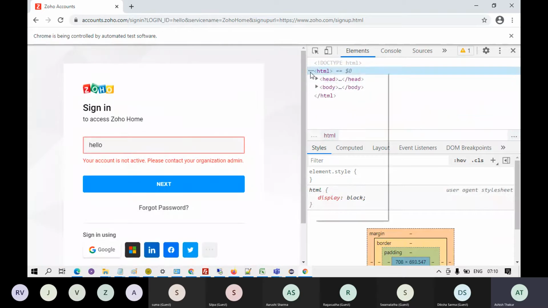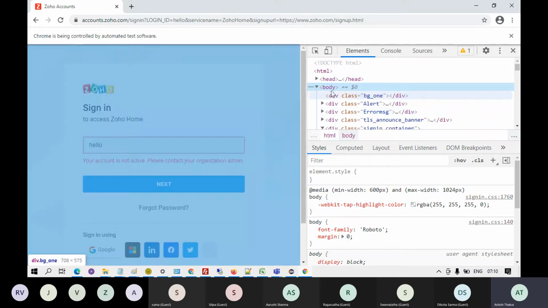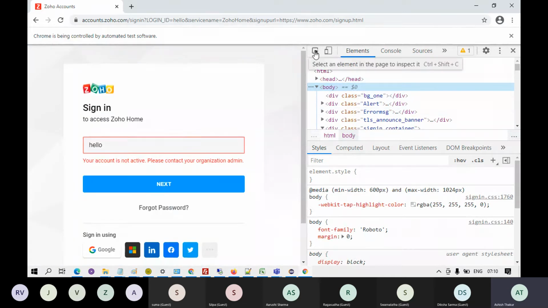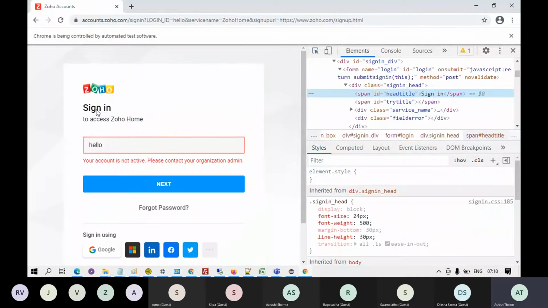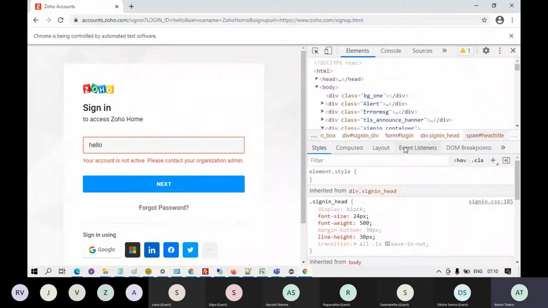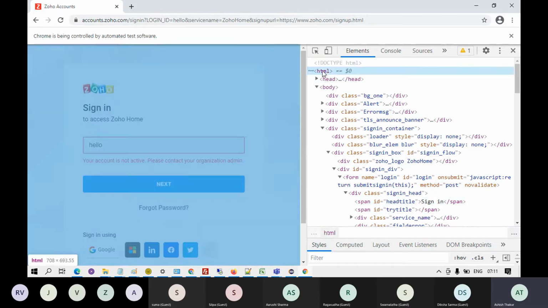This HTML tag is the very root of the document. Under this, everything is present. Right. So hold on. If I look at the text over here, sign in, then this sign in text is over here. This is the text in the page source. Okay. And what I'll do is I'm going to start from the HTML tag.